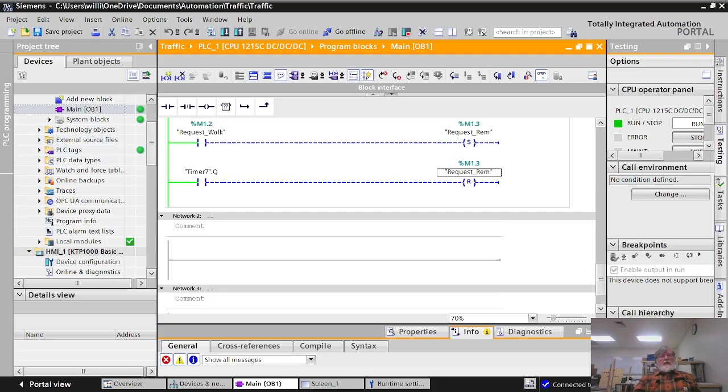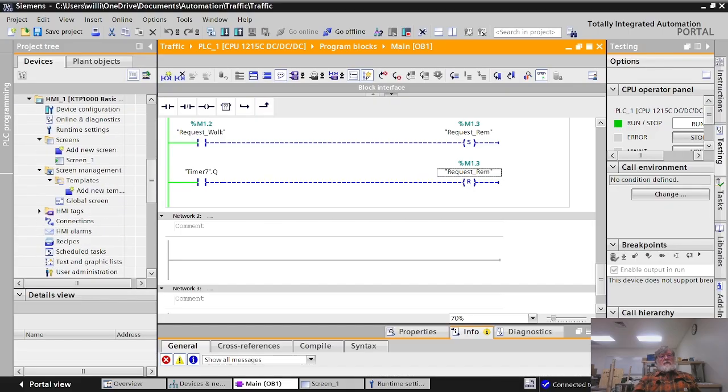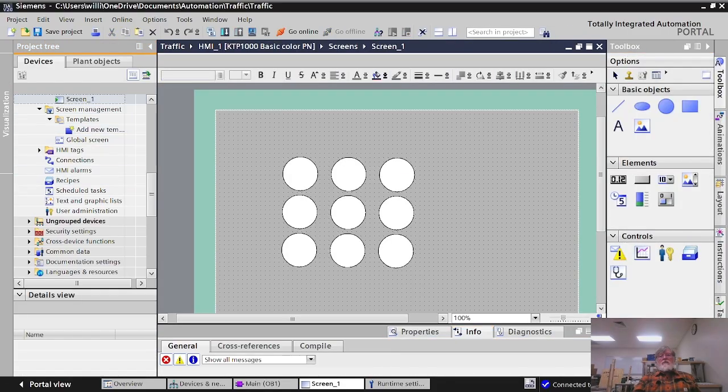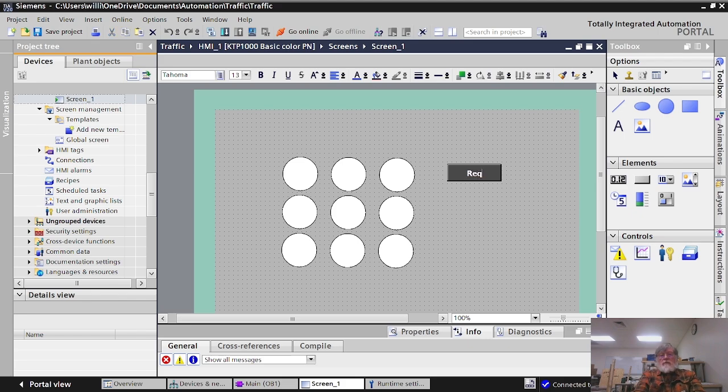But let's go back and add our button. Okay, so this is our button that we're going to have to add on our HMI. So we're going to go down here and request walk is the button we're going to add, and screen 1, we're going to work on screen 1. I'm going to come over here and add a button and call that request walk. Make it a little bit bigger because we run out of space. Now we click on it,